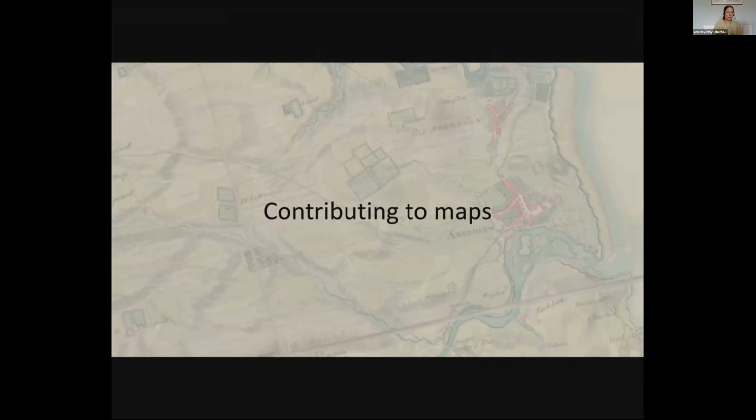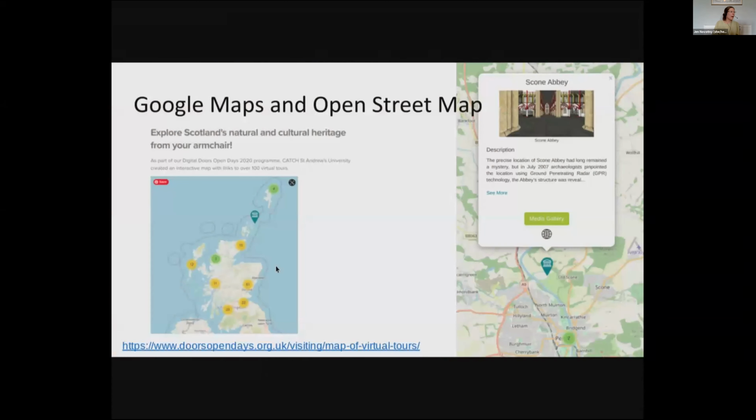So again, thinking about contributing to maps. So that was Google Maps. And again, the map that Alan was talking about here is based on OpenStreetMap. So that's different. I don't know if any of you have tried putting Google Maps, for example, on your own websites, but